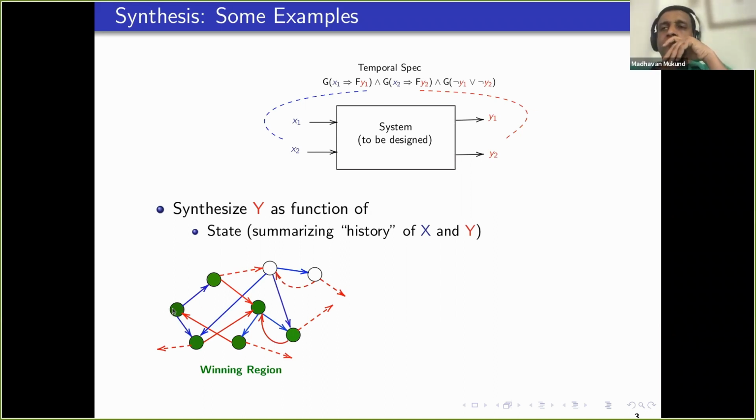Okay, great. So for example, if you look at this state, this is a state from which the environment is making a move. So it can move here or it can move here. But once it comes here, then the system has this option of making this move such that, from this state, no matter what the environment does, we are still in the green states, the winning region, right? The system also had the option of making this move, but this would have taken it out of the winning